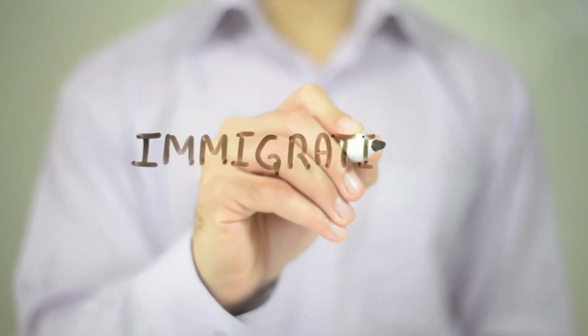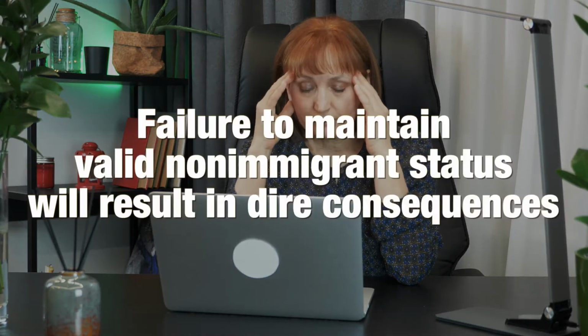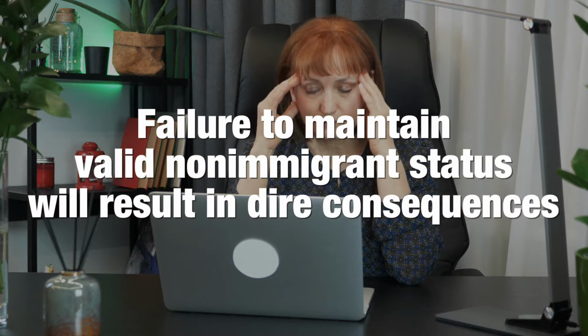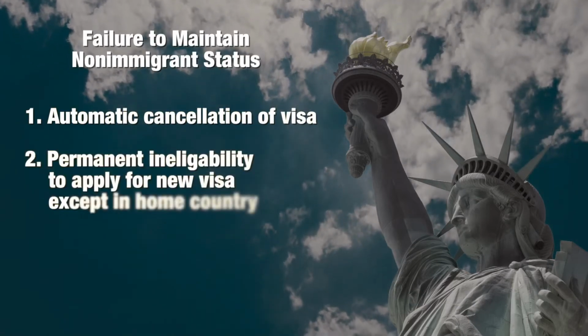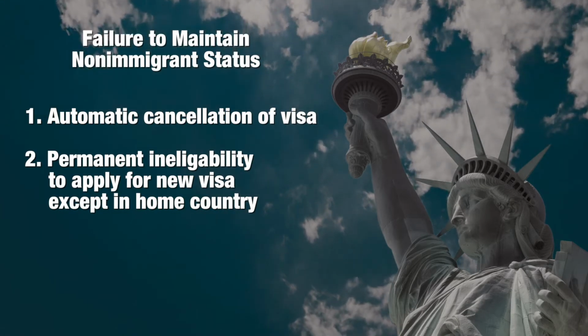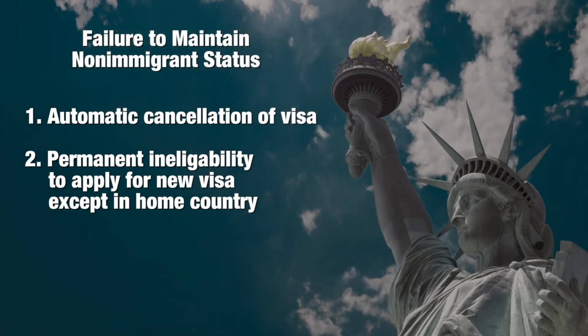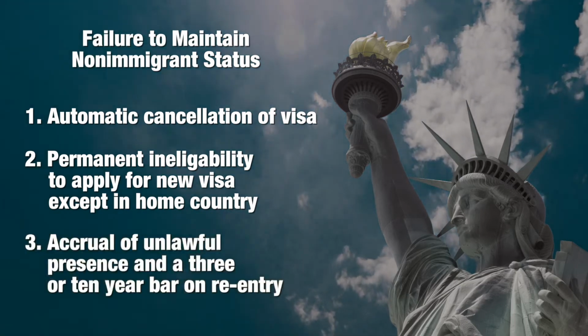Although U.S. immigration laws are complex and at times confusing, certain issues are quite clear. If you are a foreign national hoping to extend or amend your non-immigrant status in the United States, the failure to maintain valid non-immigrant status will result in dire consequences for you, including automatic cancellation of your visa, permanent ineligibility to apply for a new U.S. visa in any country except at the U.S. Embassy or Consulate in your country of citizenship or residence, the accrual of unlawful presence, and a 3-year ban on